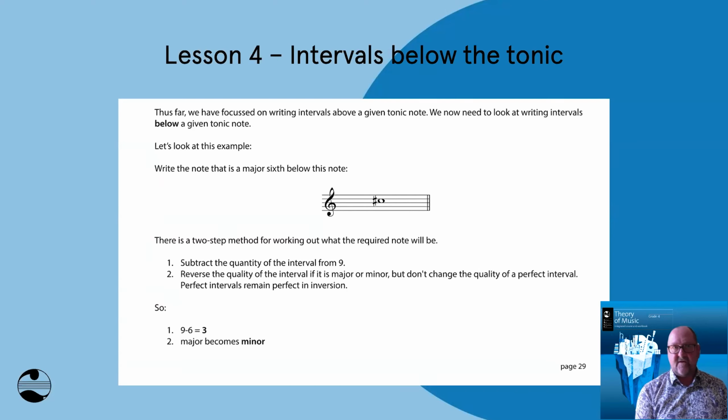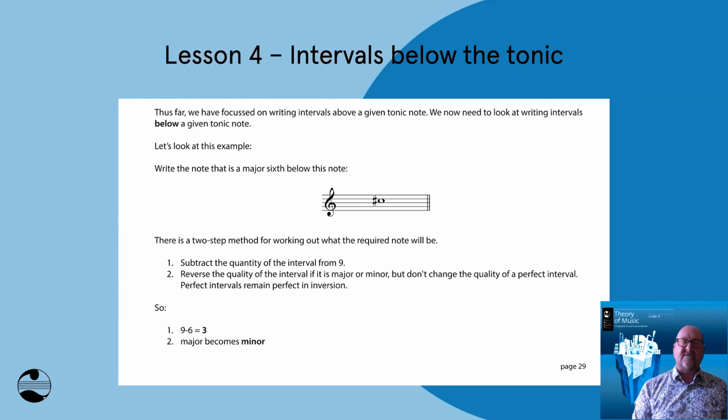In this year's theory syllabus, this question is worded as the recognition and writing of all diatonic intervals above and below the tonic, and inversion of these intervals. So hopefully that clarifies things. I think most people assumed that's what the syllabus was saying, but we felt the need to clarify this, because to be honest with you, working out all the intervals above any note in the scale seems somewhat overwhelming, even to me. So anyway, let's have a look at the main areas in this chapter.